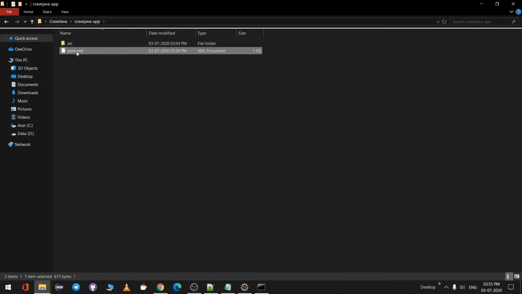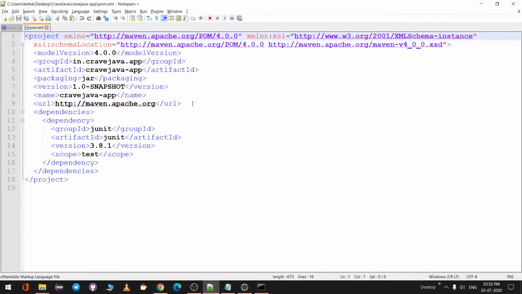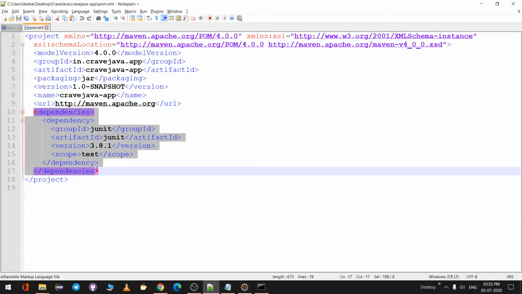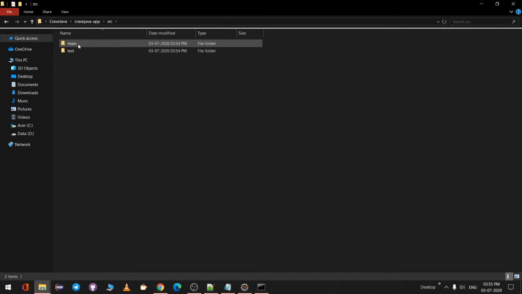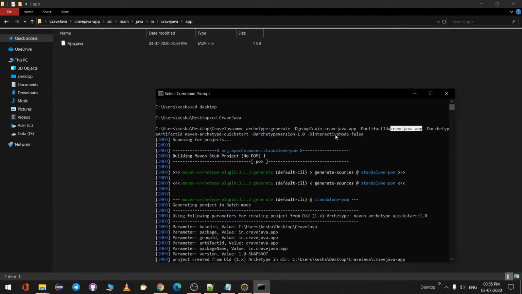Inside you can see pom.xml. I'll just open it. You can see there is only JUnit dependency. As this is a quick start artifact, it will create only this much. So now our project is created, and if you can see inside main Java, in.createjava.app is the group ID I have given.